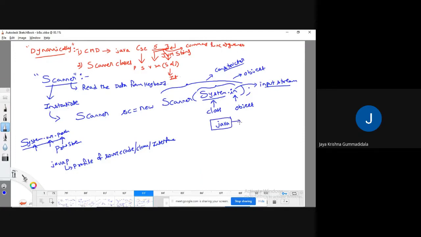It contains a sub package, and that sub package is util. It contains the classes, scanner classes. So whenever I am going to use a scanner class, you must import that package. That is import java dot util dot Scanner. The class is scanner class.